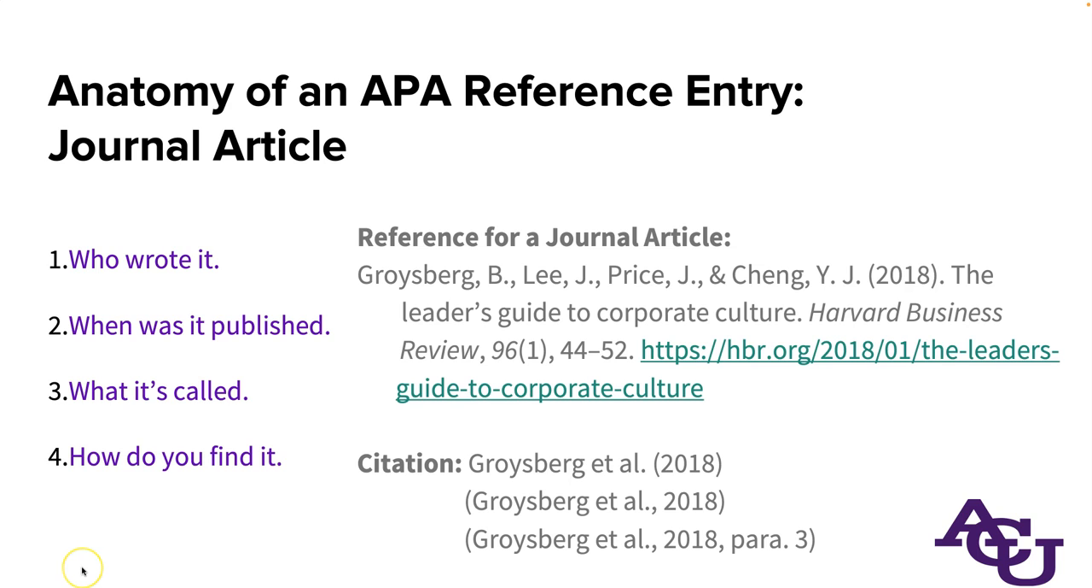When you're citing it. And because we have that link to the online version, which is not paginated, if you're citing that, you would use the paragraph counting system. So para. 3 for the 3rd paragraph. All right, let's